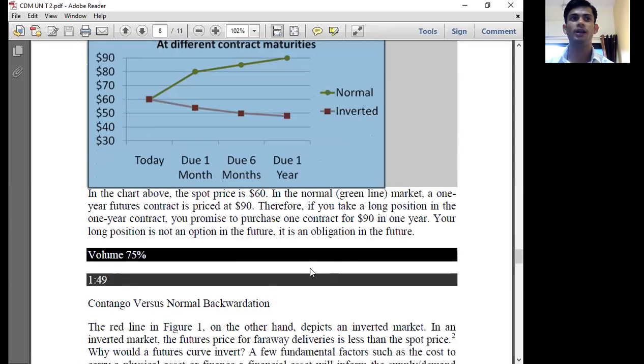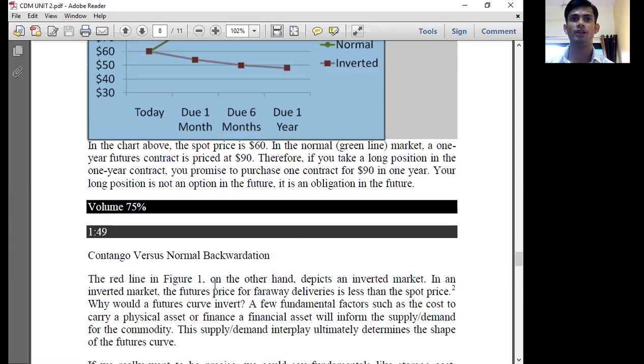What is the obligation? The red line in figure 1 on the overhead represents the investment market. What is the investment market? In the investment market, the future price for a forward delivery is less than the spot. Why would future investment be less than your forward price? Because in future the commodity becomes second-hand, meaning the price goes low, and the product that becomes older